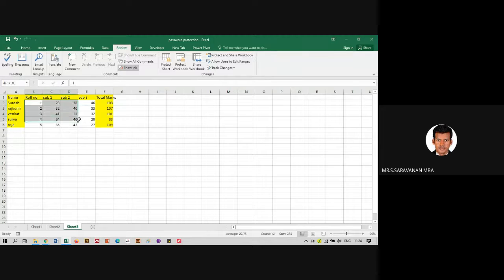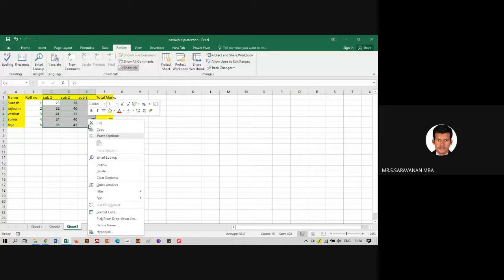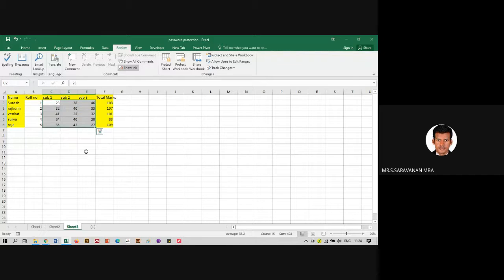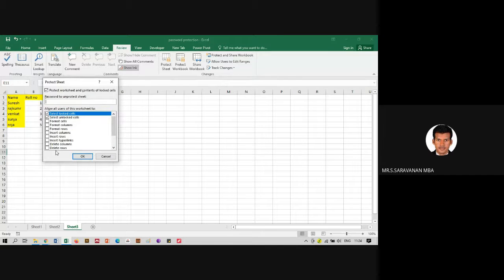Second, come here, select which information should be changed. Again, right click, format cell, remove the lock. And the last option is go to review, protect sheet. We do not want them to delete the rows or columns also. There are a lot of options.